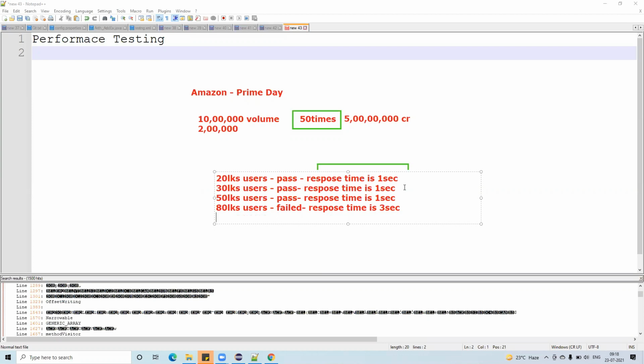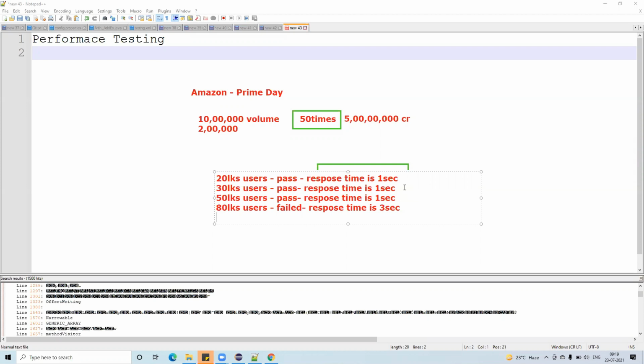So we are checking the application, in the given time whether it is working properly or not. It is working, but it is loading in 3 seconds. So which means for the end user, it is a bad experience. Do you agree or not? Yes, sir. For the end user, it is a bad experience.